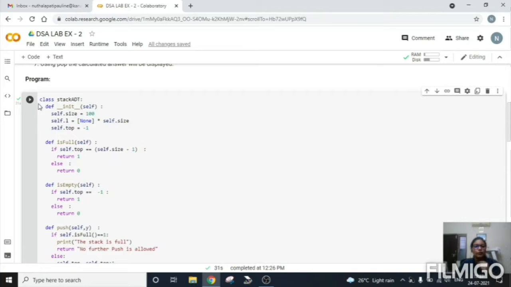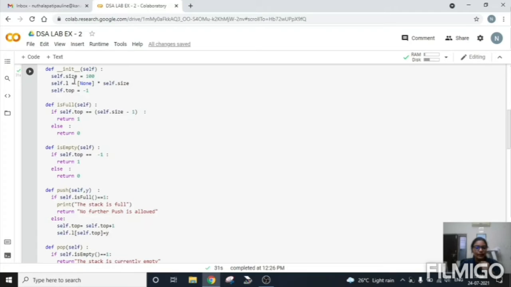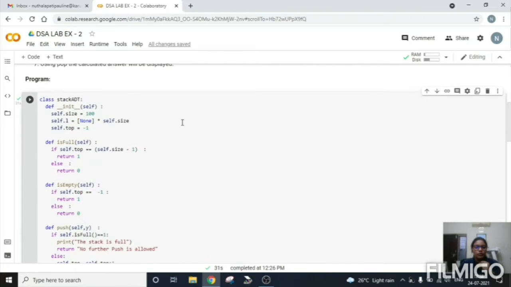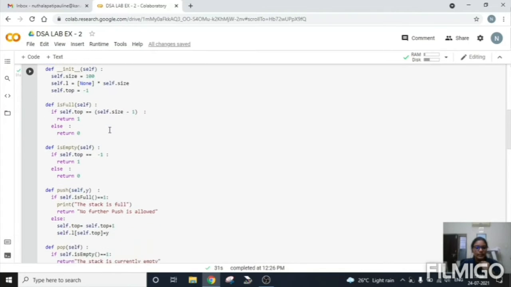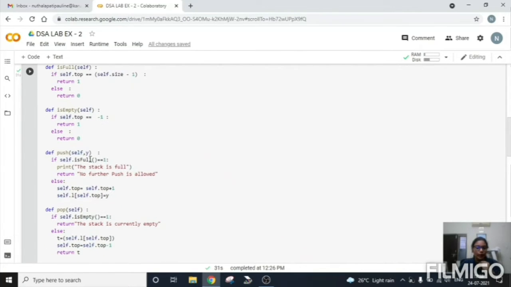As usual, we have created a class called stack ADT. In this class, we have defined different kinds of functions, because before evaluating the expression, we have to implement the stack. So for implementation, these functions are required.